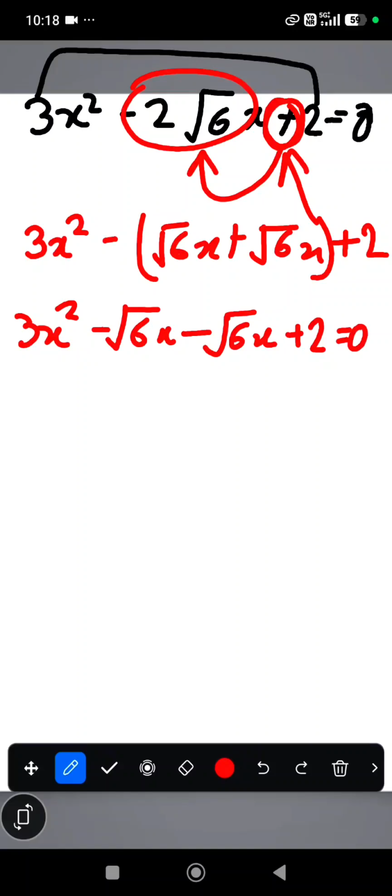Now it's time to take common. So how do we take common? See, 3 written like